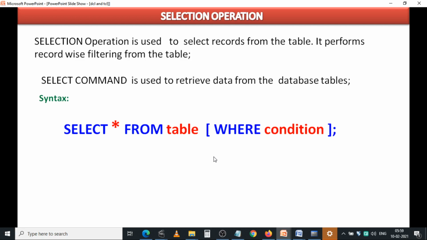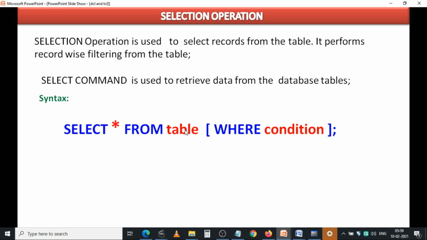The selection operation is used to select records from the table. It performs record-wise filtering from the table. If you want to retrieve the records from the table, we use the select command. That operation is known as the select operation. The select command is used to retrieve rows from the database tables. That's why it's known as record-wise filtering from the table.